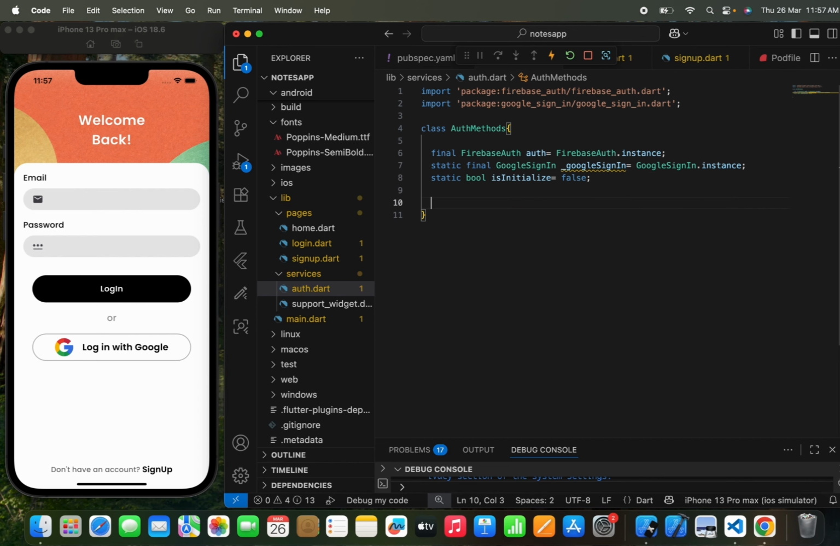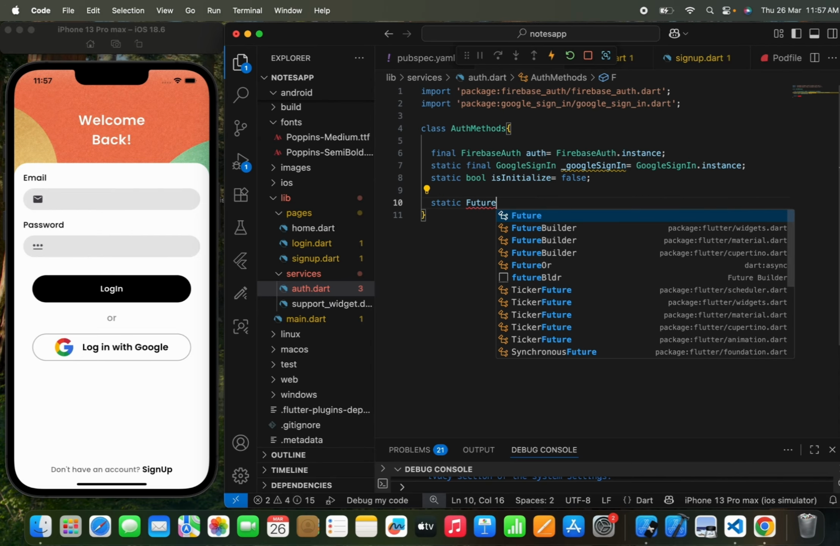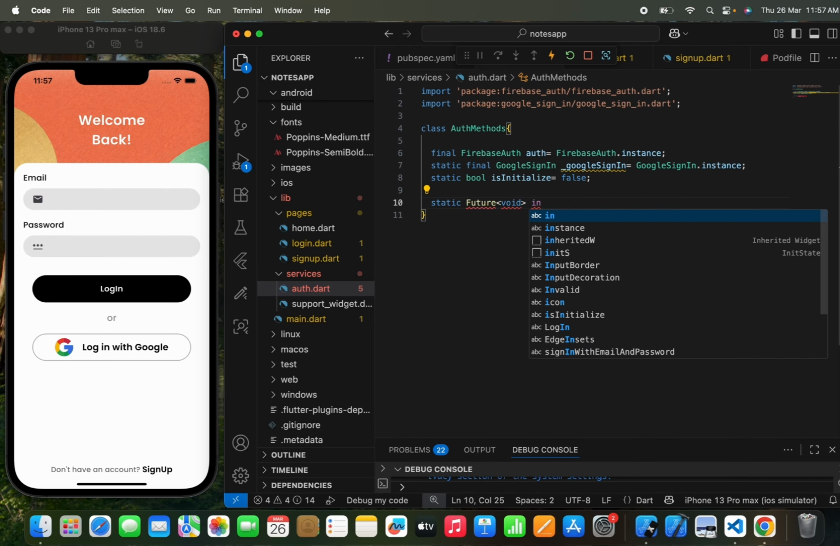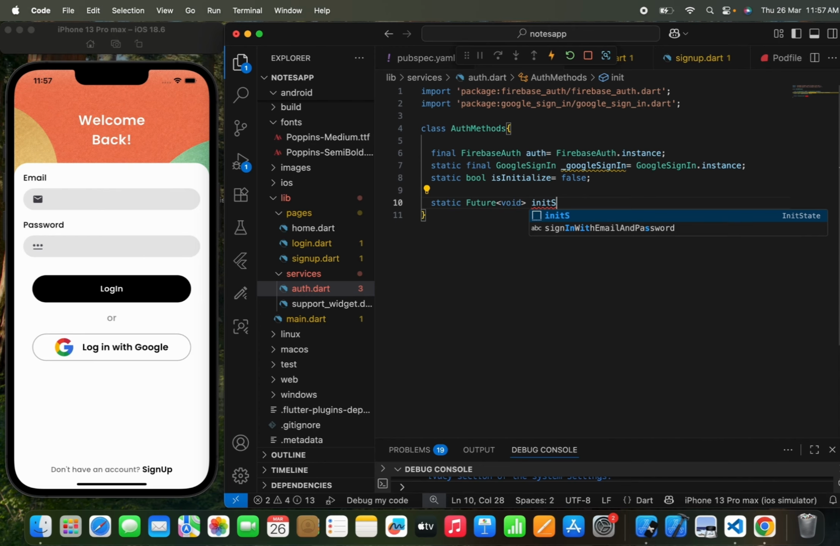Okay, and we just need to pass static. After static I'm going to write Future. In the Future I need to pass a void. Now after the void I need to pass a function name, like initSignIn. Okay, so initSignIn,